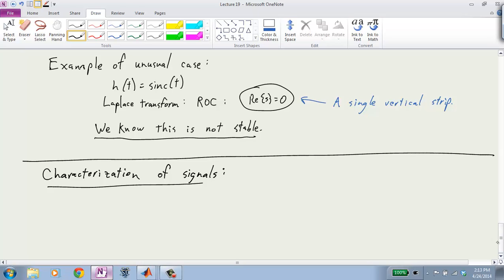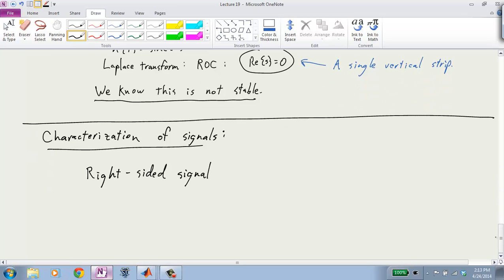Now, let's give some names to different types of signals because they're going to correlate with the region of convergence. Okay, so we have something called a right-sided signal. And this means, I'll draw a picture. It means that at some point in time, who knows what that point is, the signal starts and maybe goes on forever to the right. I'll use blue so we don't confuse it with the axis. So maybe something like that,